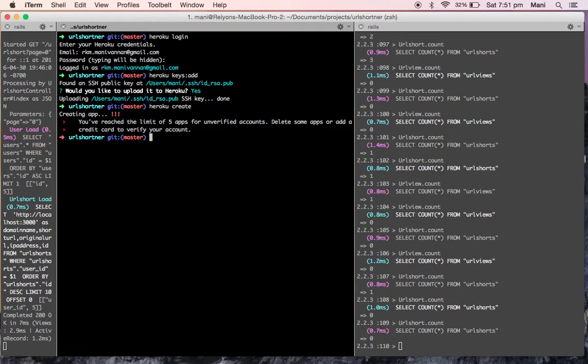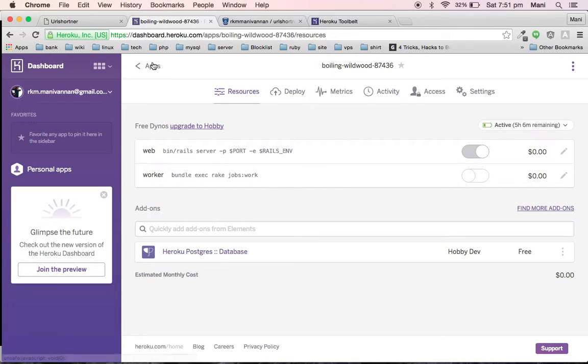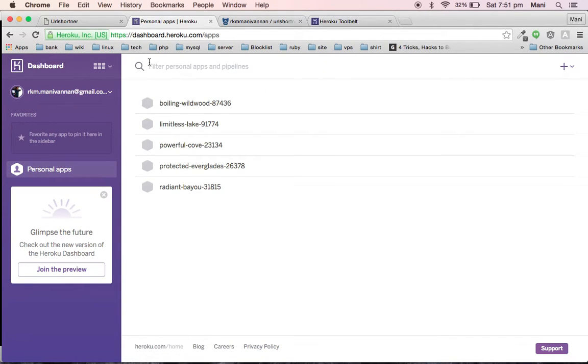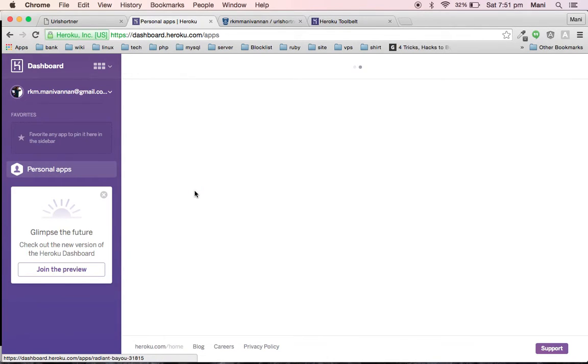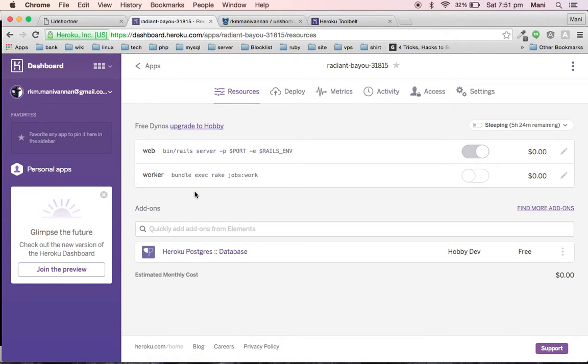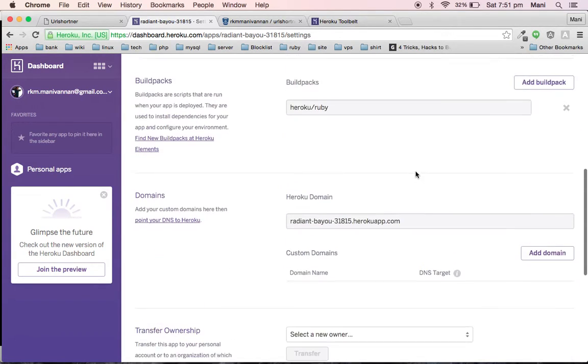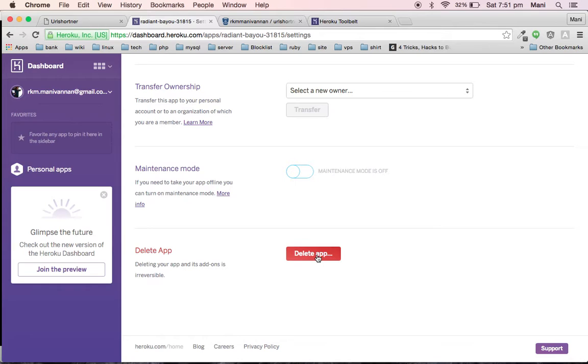So we have reached the limit of 5 unverified apps. I already created around 5 different URLs. So I'll delete one so that I can easily deploy my project into Heroku. Now can I delete? Yes, here it is.